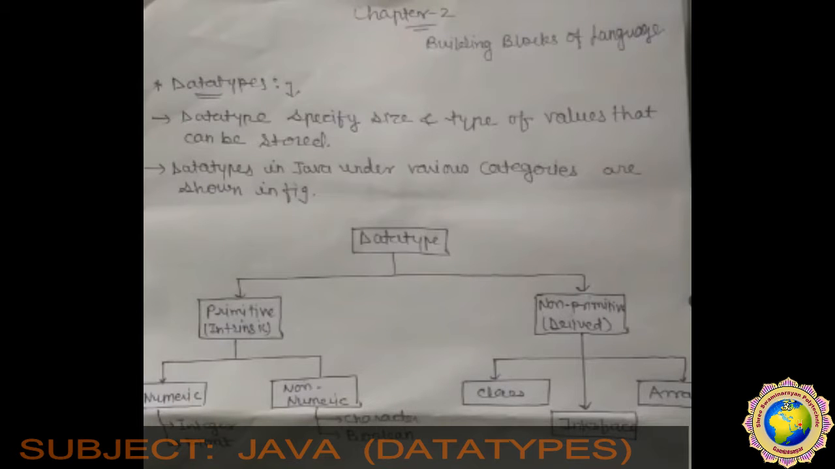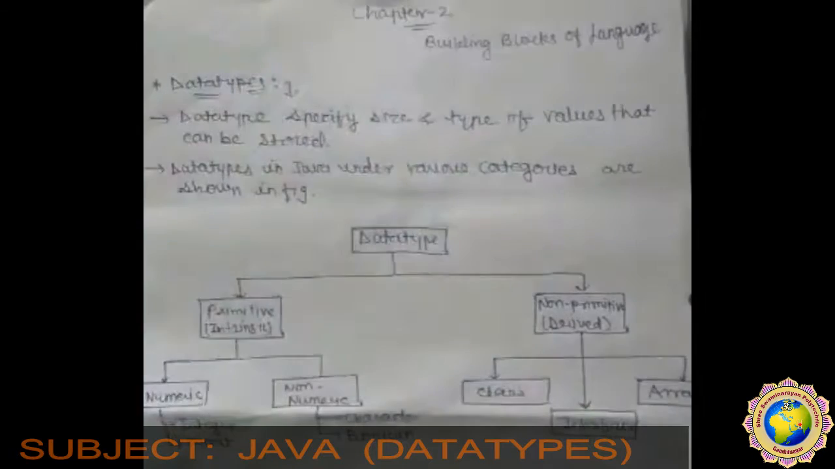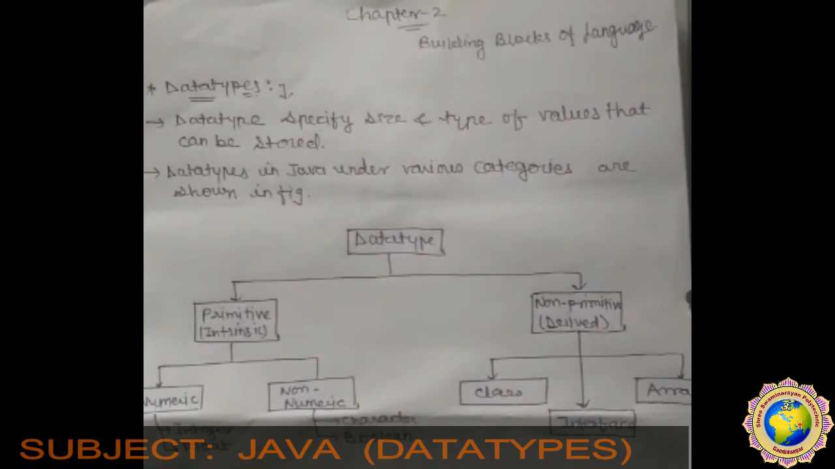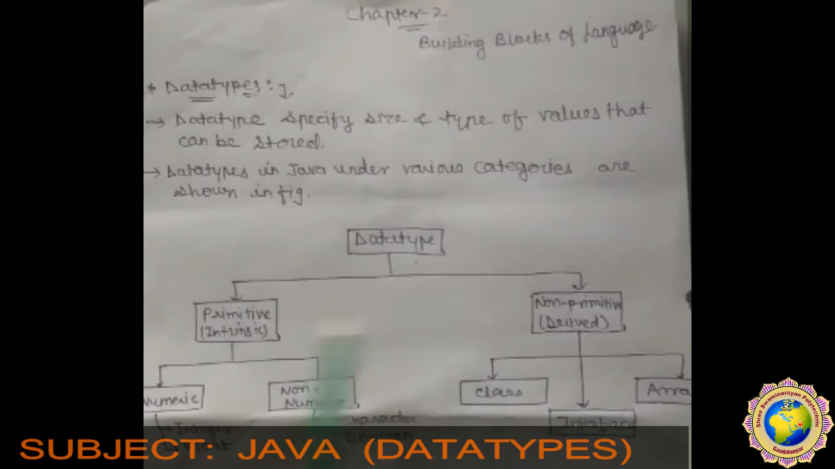Java language is rich in data types. That means various types of data types are available in Java. Data types in Java fall under various categories, as shown in the figure. First, mainly there are two data types: primitive data type and non-primitive data type. Primitive data type is also known as intrinsic, and non-primitive data type is also known as derived